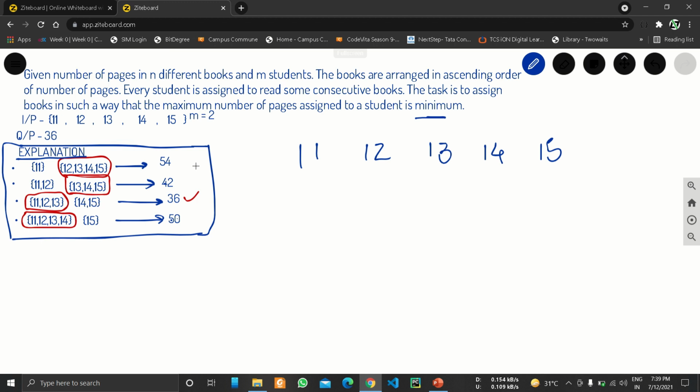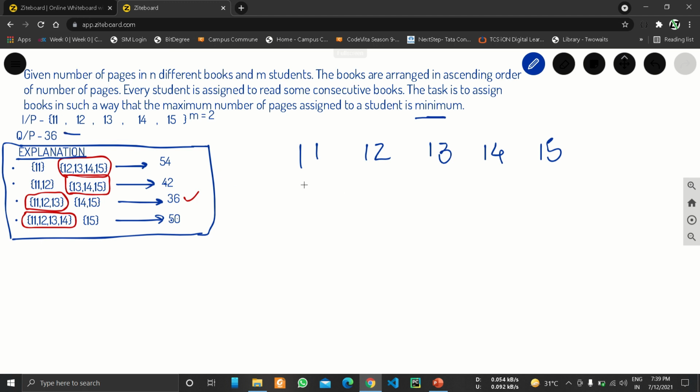So, for example, if the pages of the books are 11, 12, 13, 14, 15, and the number of students is 2, our output will be 36.